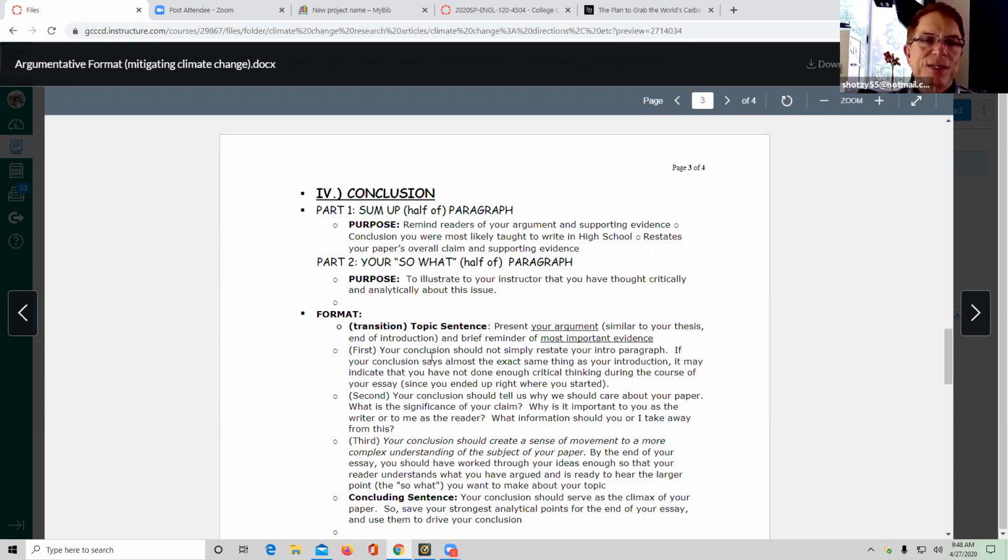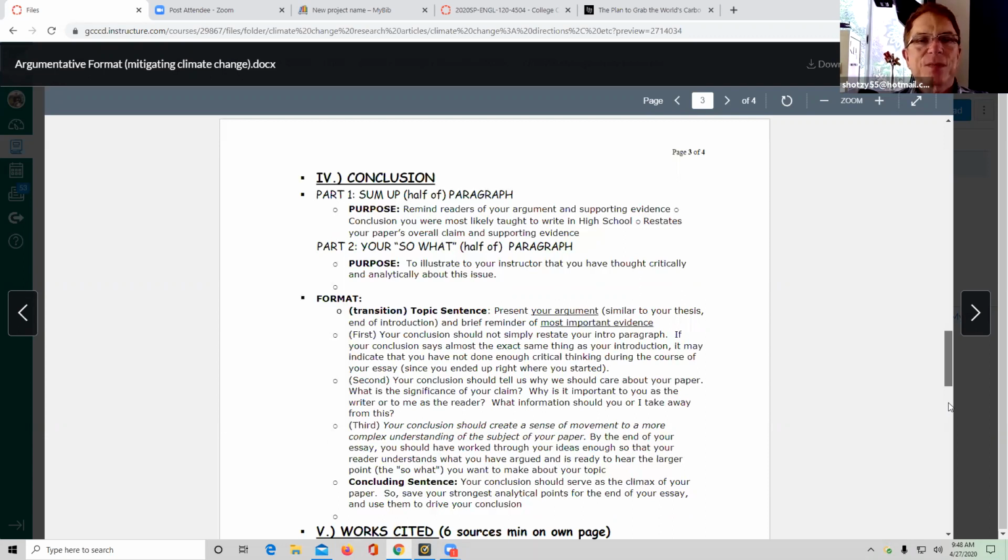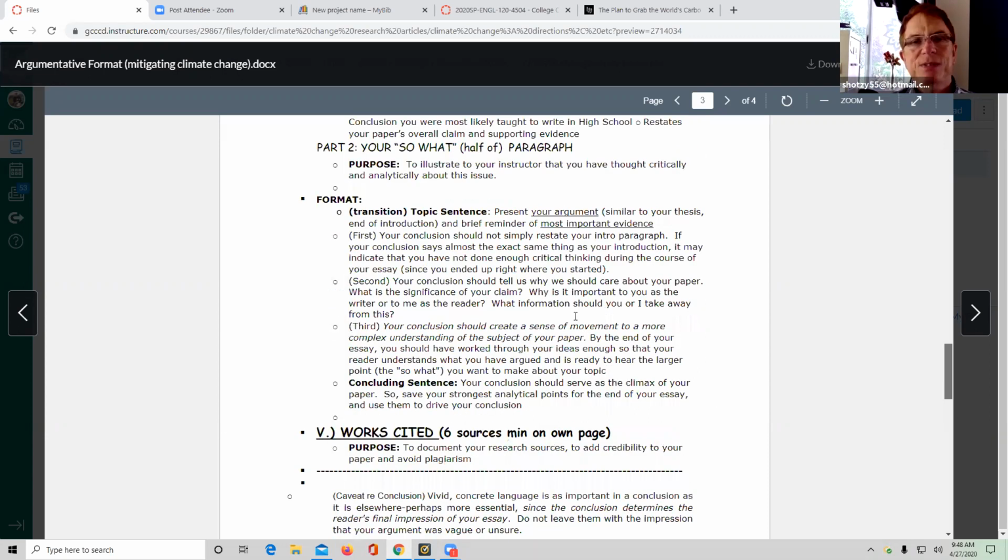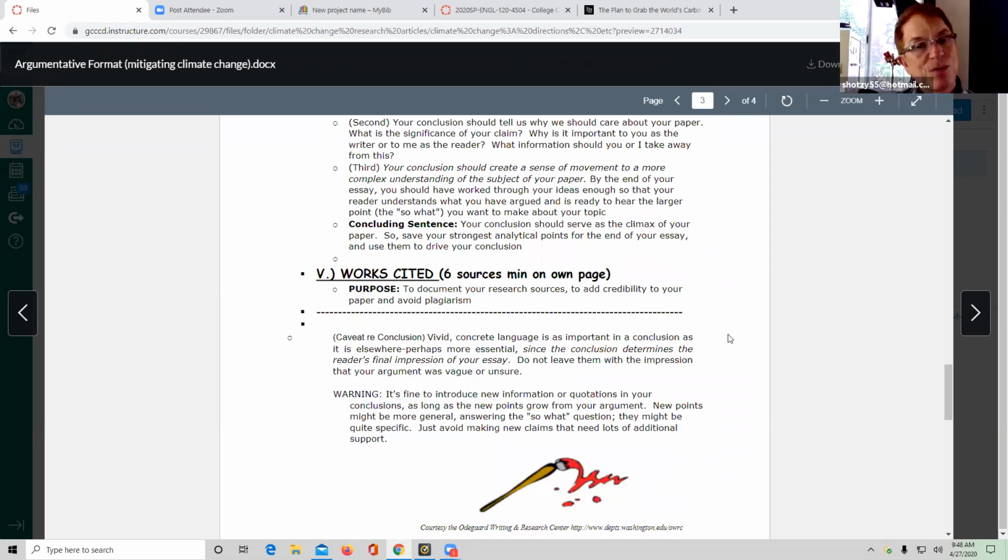And these are in a detailed way. This brings you the format, tells you what goes in each piece and concluding sentence. So, and then your works cited, where you have to have 6 sources minimum. If you have 8 sources, that's great. 4 sources, not so good,